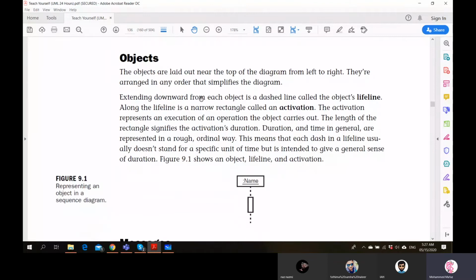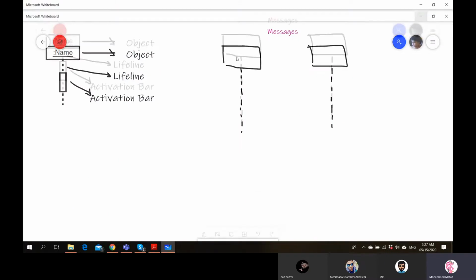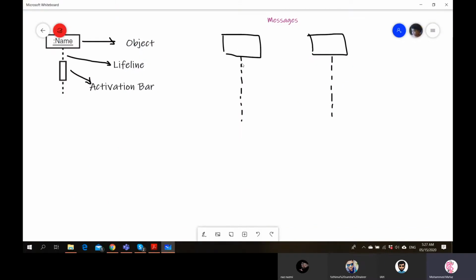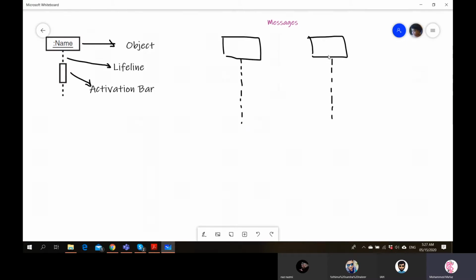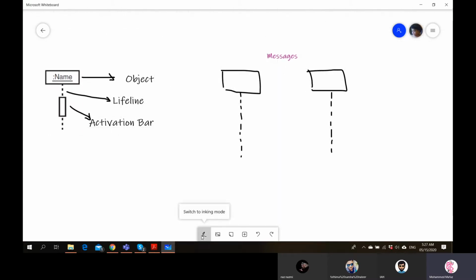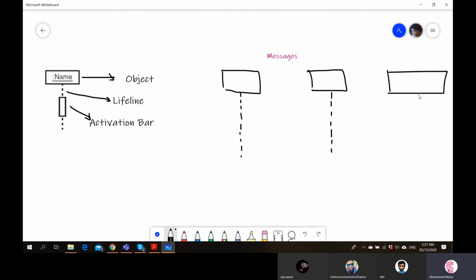Okay, so the objects are laid out near the top of the diagram from left to right. They are arranged in any order that simplifies the diagram. So what we do is put the objects across this white space, for example, one object here, another object here. Like that you can keep on going, creating another object.